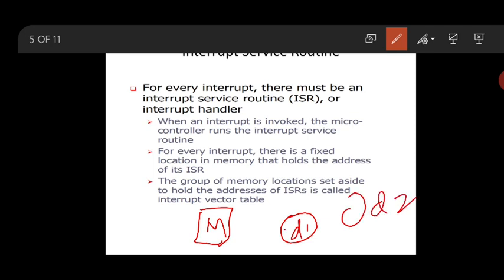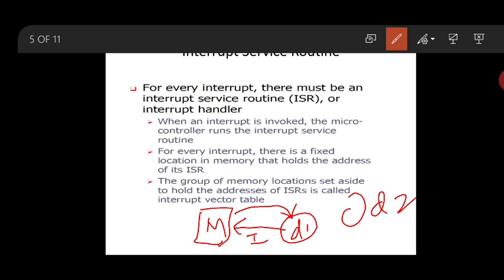Now, if the device D1 has sent a signal, we call it an interrupt. Now the microcontroller will provide a service, that is called the interrupt service routine.